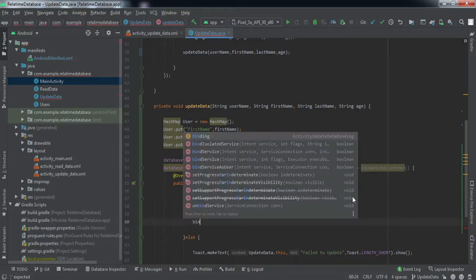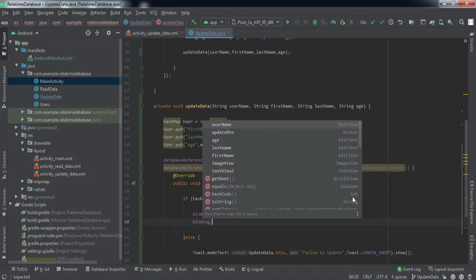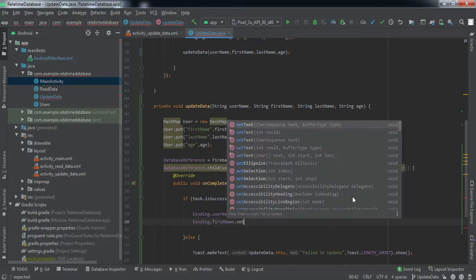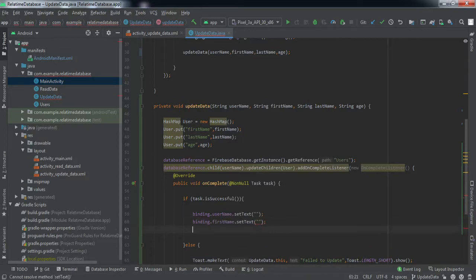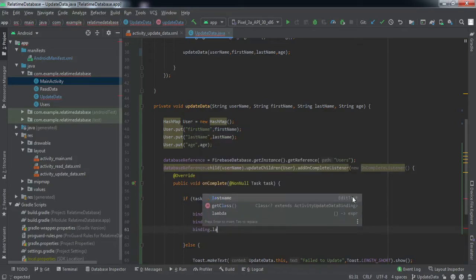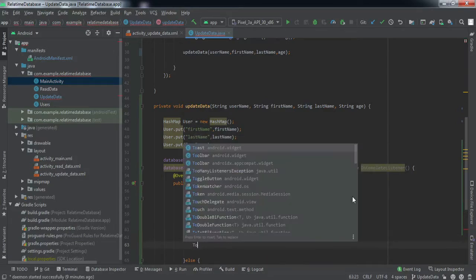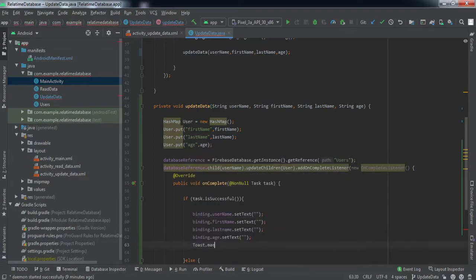We just erase all the data from the input fields because we are done with the data. We no more need that data. So I'll just quickly set and at the end we'll raise a toast saying that successfully updated, right?